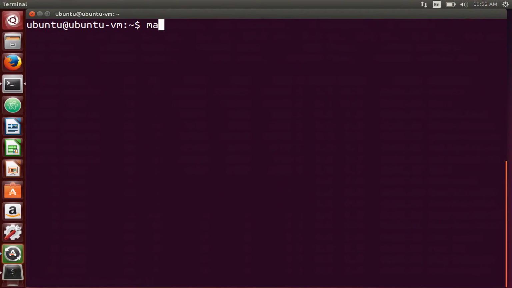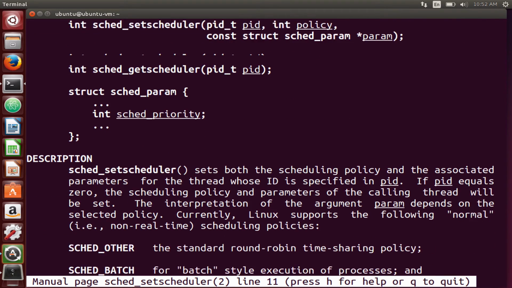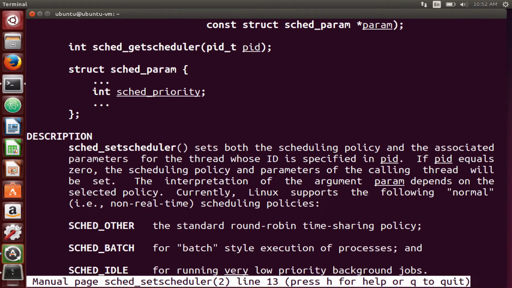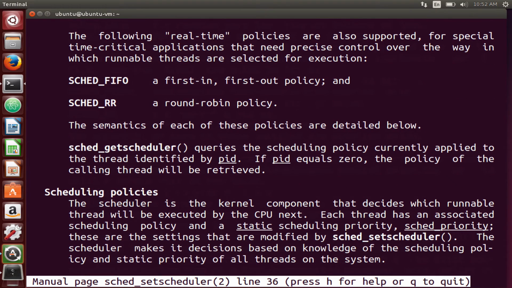It's called man page, sched_setscheduler. It sets the scheduling policy, to change from the default scheduler to others, batch, idle, FIFO, or RR. You can change it by calling this system call, but you have to be root or you cannot call it.